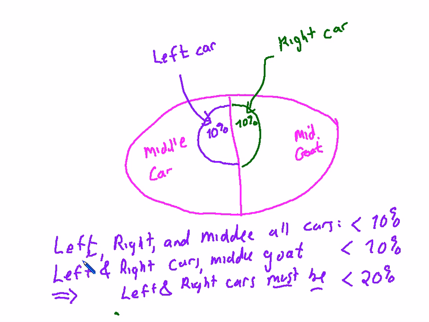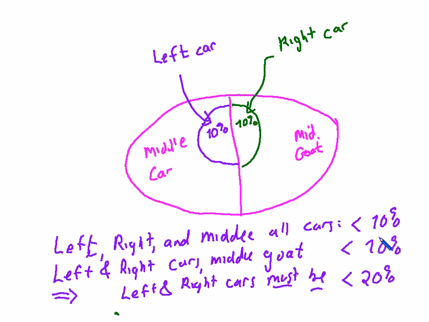Furthermore, we know that the set where the left door and right door have cars and the middle door has a goat must also be less than 10%, because that would be contained in this green set. This green set says the right door is a car, the middle door is a goat. We don't know about the left door, but it must be contained in this set. So the possibility of the left and right doors having cars and the middle door having a goat must